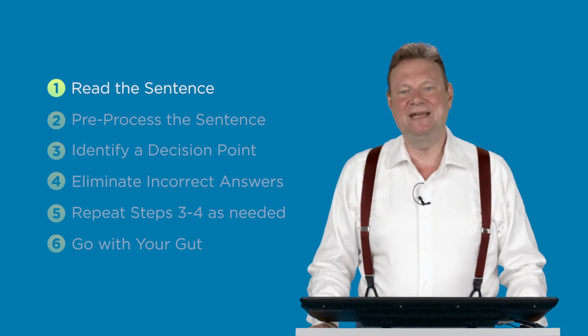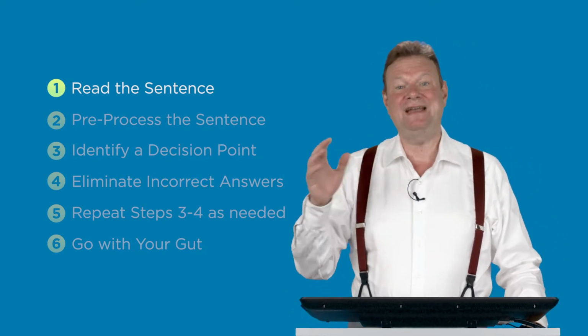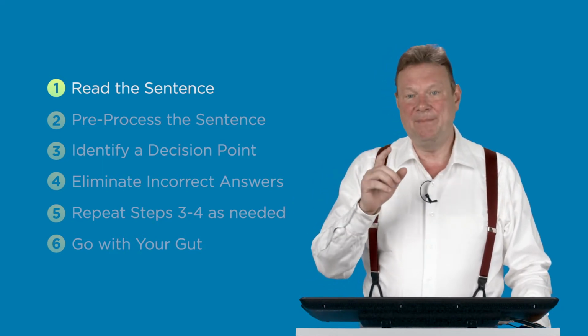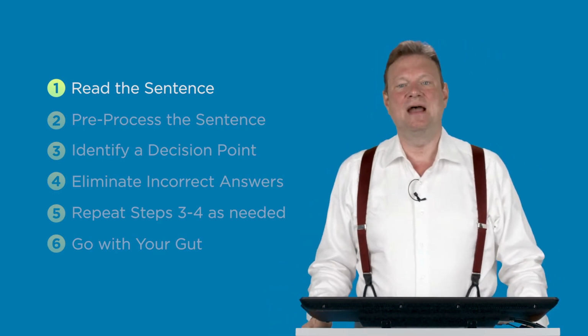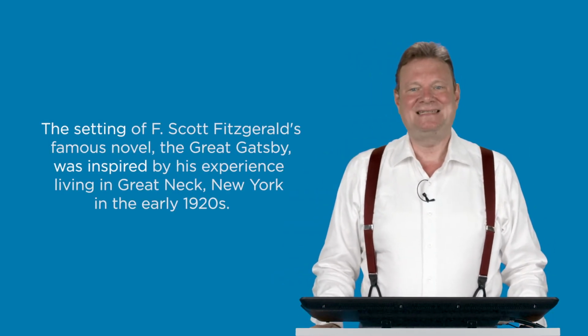Understanding the overall meaning of the sentence before pre-processing it is critical to leaving the important details in while being able to quickly remove details which are not essential. Remember that, above all else, we are problem solving to choose the sentence which is logical and conveys the intended meaning. Today we will read and decode 3 sentences to get the hang of it before moving on to step 2, pre-processing. The first sentence we look at is: